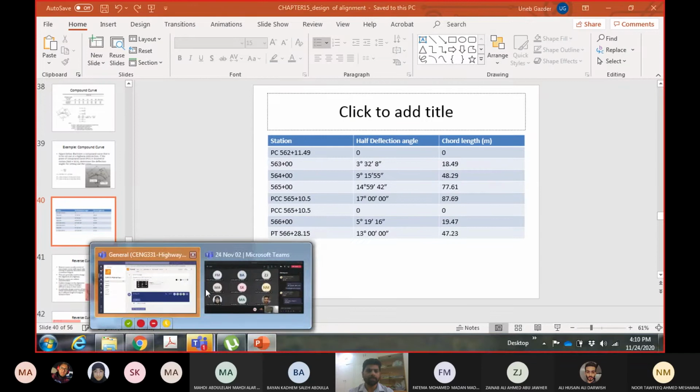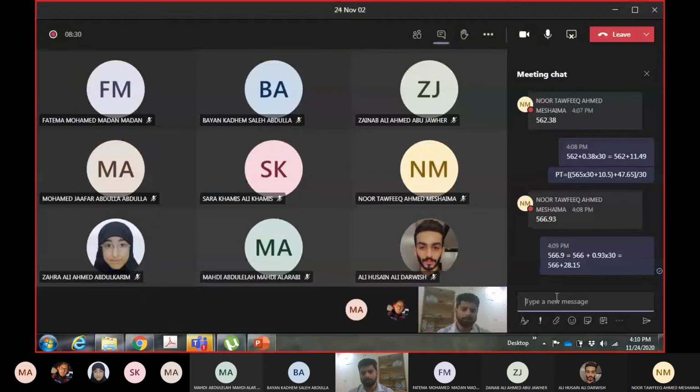Like I said, I will use a ratio approach like we did in the previous example. The ratio approach is you get the total L. Total L for this curve is 89.01 divided by half of the deflection angle of the curve. The deflection angle of the curve is 34, half of that is 17. L we calculated, and the deflection angle was given, I just took half of it.